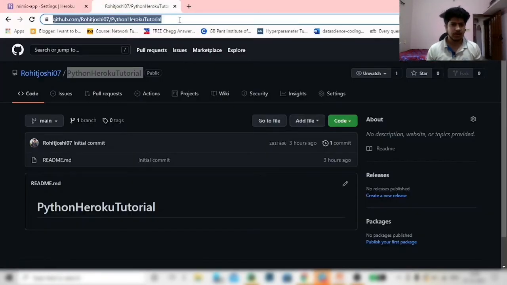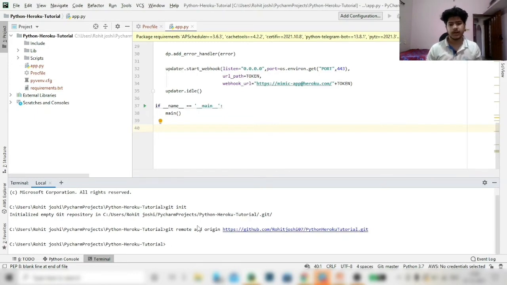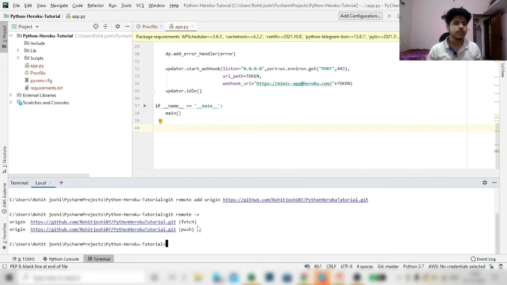We will add this remote repository to this local repository: git remote add origin, the .git URL. Let's check it using git remote -v. Here you can see the origin is set, and now we can simply push this.